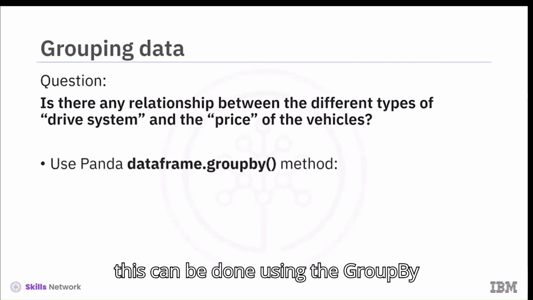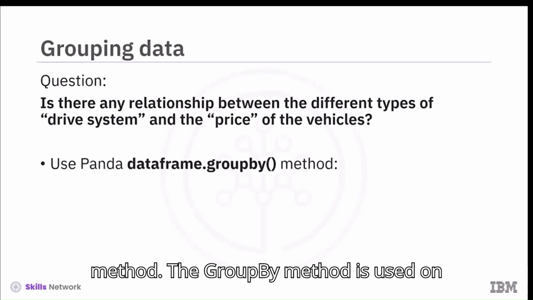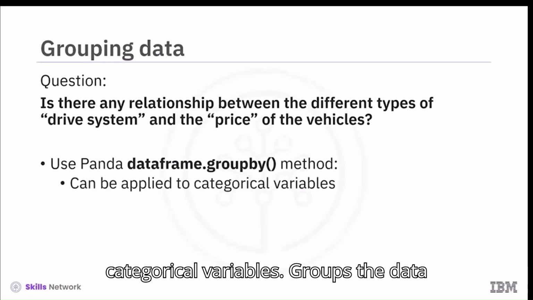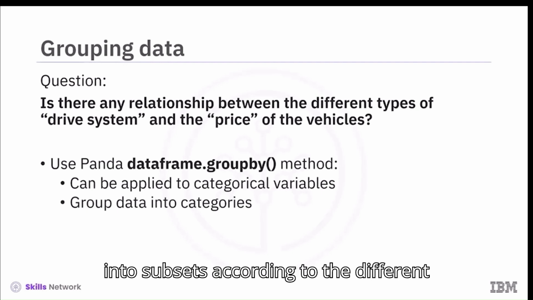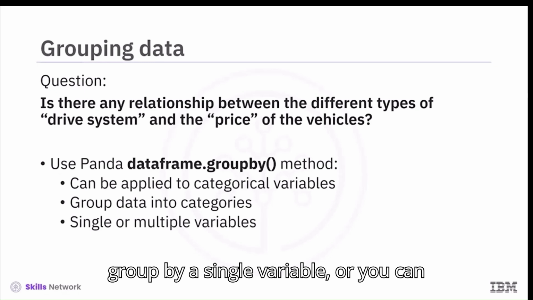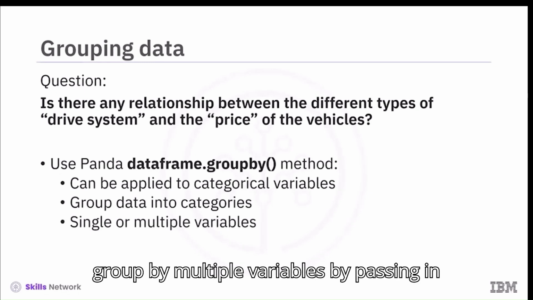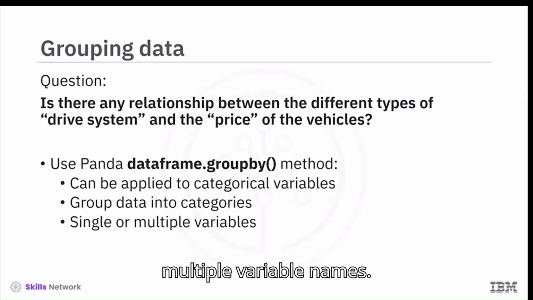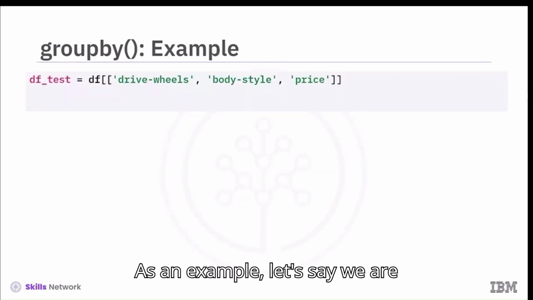In Pandas, this can be done using the group by method. The group by method is used on categorical variables. It groups the data into subsets according to the different categories of that variable. You can group by a single variable, or you can group by multiple variables by passing in multiple variable names. As an example,